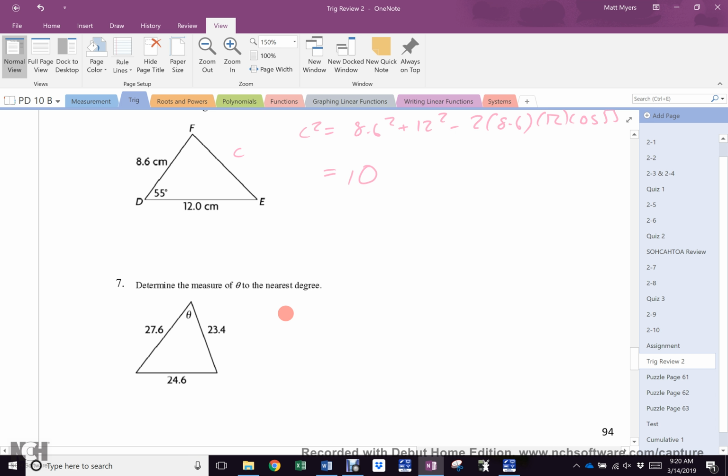This one is cos theta equals 24.6 squared minus 27.6 squared minus 23.4 squared over negative 2 times 27.6 times 23.4, which is